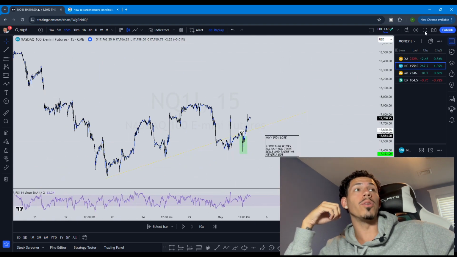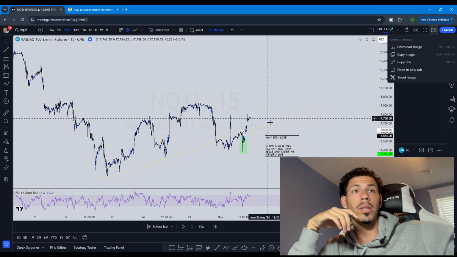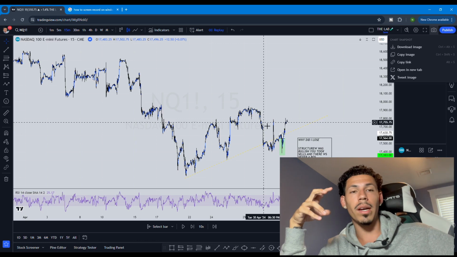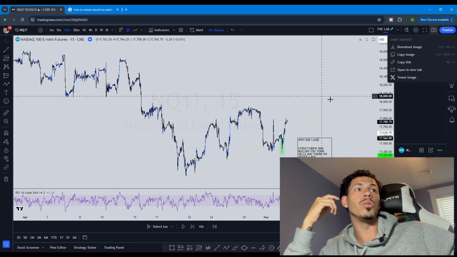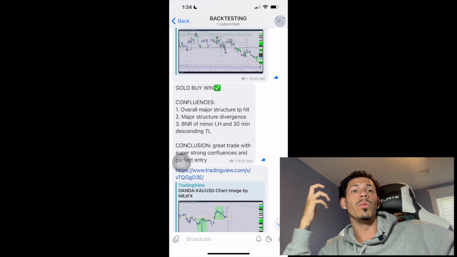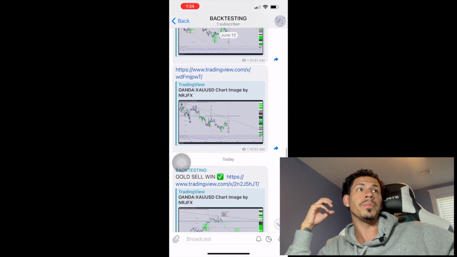Then what I would do is go to my camera. I would click copy link, because like I always tell you guys, you always want to keep track of things, because ultimately this chart right here is going to get deleted and put back up a million different times just for your practice. So what you want to do is click copy link. You want to take that link over into your Telegram. You want to create a backtesting